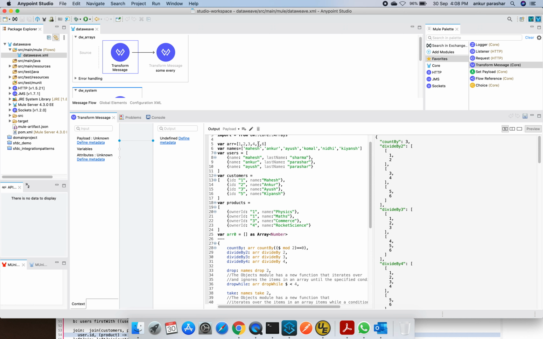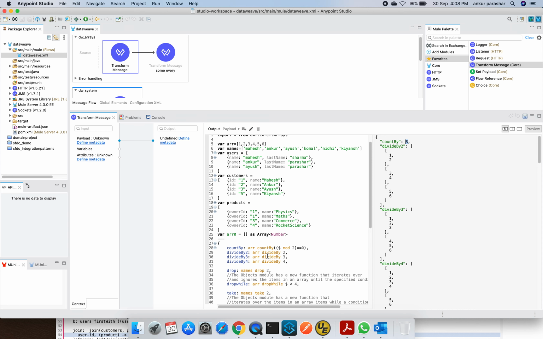So I can find 2, 4, and 6. Hence, there are 3 numbers, and it is counted as 3. You can have multiple combinations. You can use different string formats, like starts with a particular letter or particular string for a given use case. So this was about countBy.